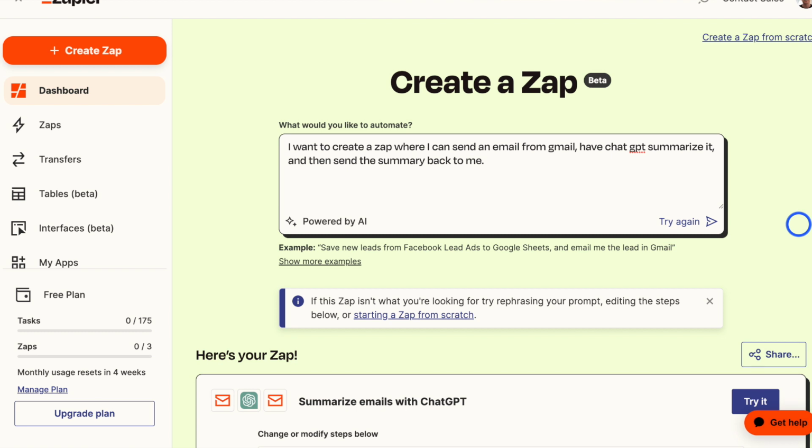And think of this as a middleman between different apps, where it allows you to connect apps that don't have natural integrations. And if this happens, then this happens on a different app. Now we're going to have a video on how to integrate AI into Zapier. But an example is you can have a Zap where if you get a long email that you just think, oh, I need this summarized, you can then forward it to your Zapier email address, have ChatGPT summarize this for you, and then send you an email back with the summary.